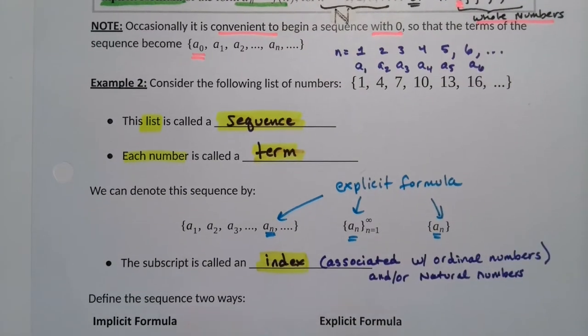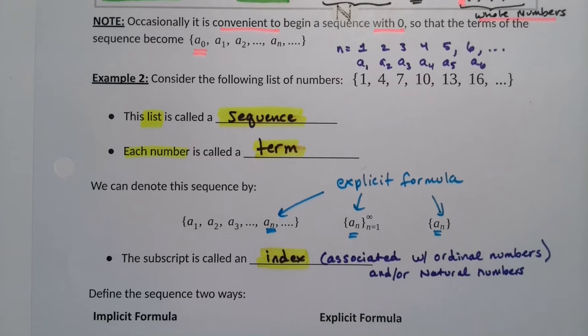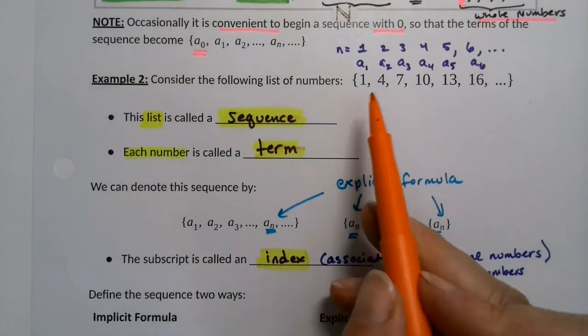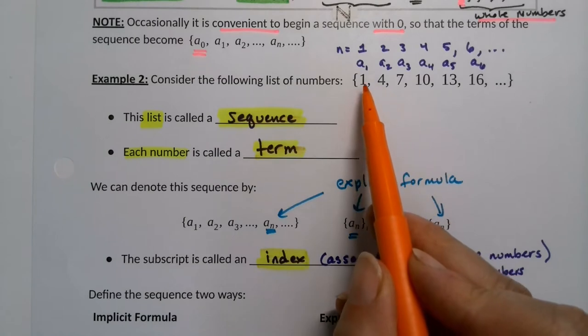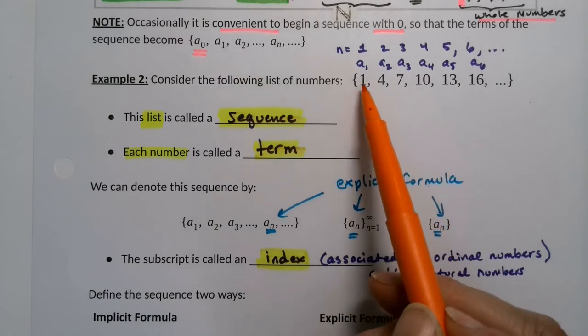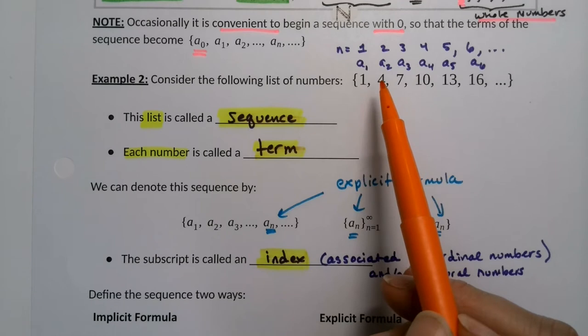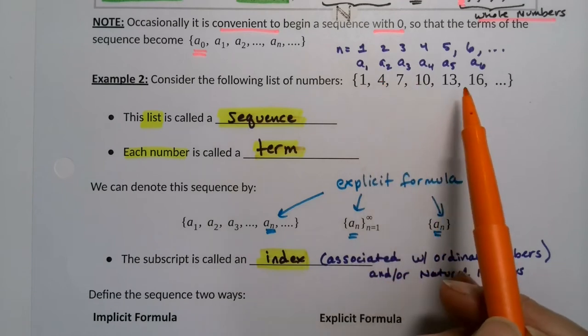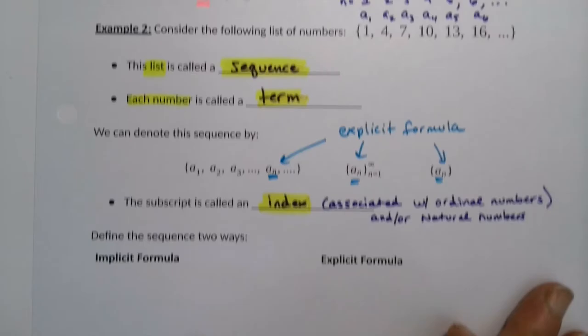All right. Now we want to define this sequence in 2 ways. The first way we're going to define it is a recurrence relation. So I want to find the next number based on the last number. So I want to figure out how I can get from 1 to 4, but then from 4 to 7, and it needs to be a consistent thing. When you make a recurrence relation,